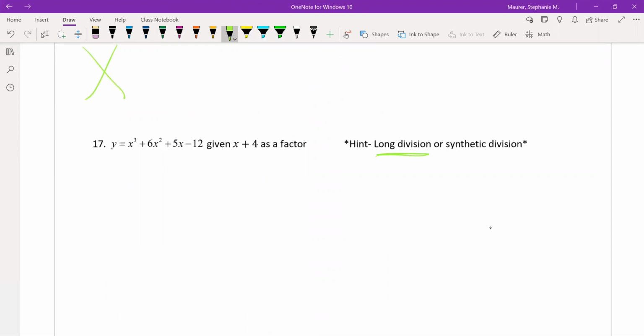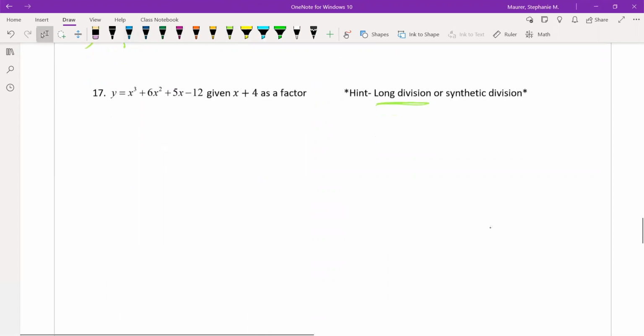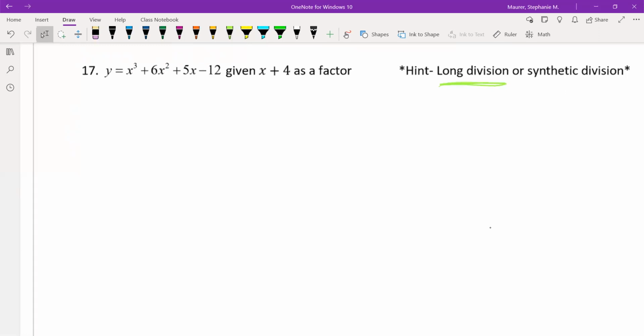So keeping in mind that this is going to be long division, we can set this up, and I'm going to quickly walk you through one of these examples, but you might find that you want to pause it throughout and kind of figure out where some of the numbers are going or coming from. So on the outside, I have the x plus 4, and then on the inside, I'm going to have my polynomial,